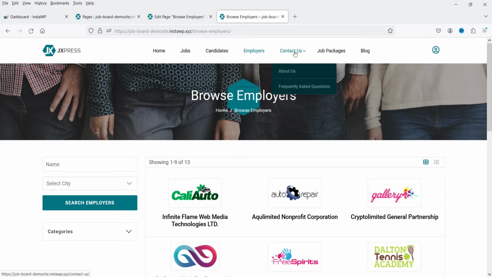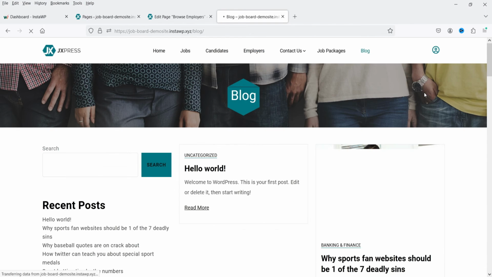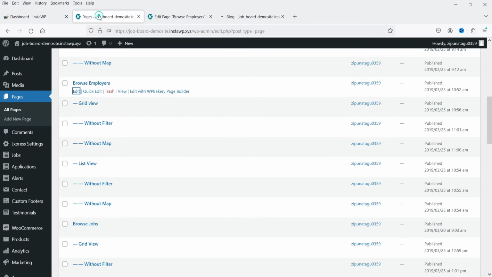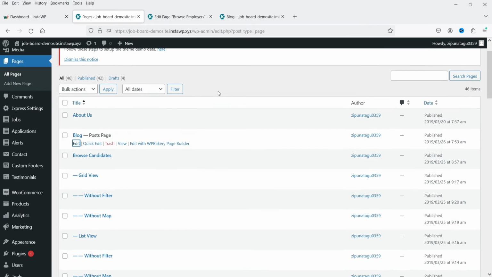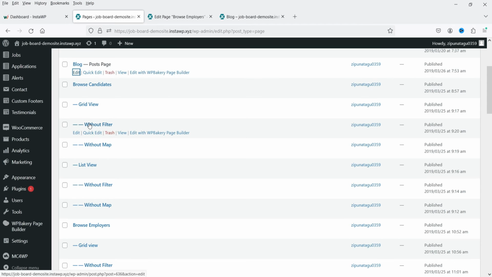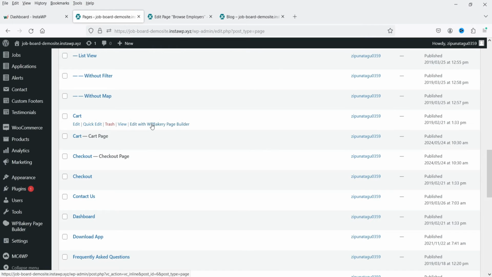Then we have contact us page, then about us, frequently asked pages, blog. Again, for the blog also you can change the layout easily. You just need to go to that page settings and change the layout. All right, so this is all about the pages. You can delete all the pages which are not required. If you are not using any one of these pages, you can delete these pages and keep only the pages